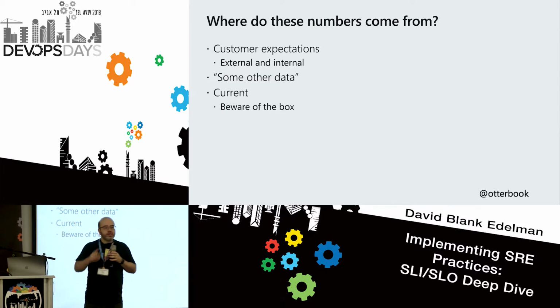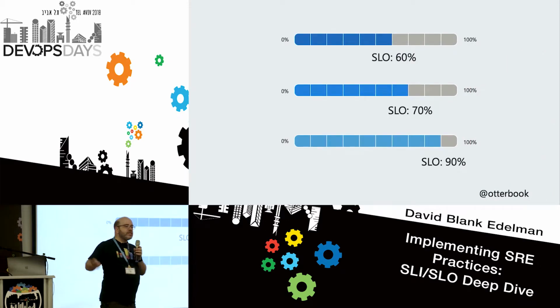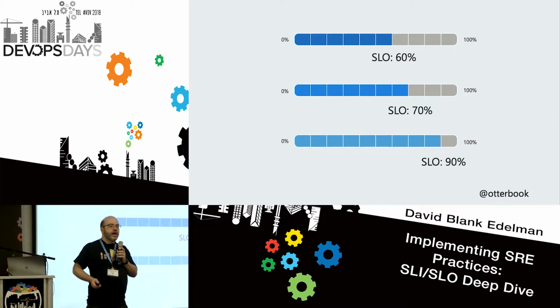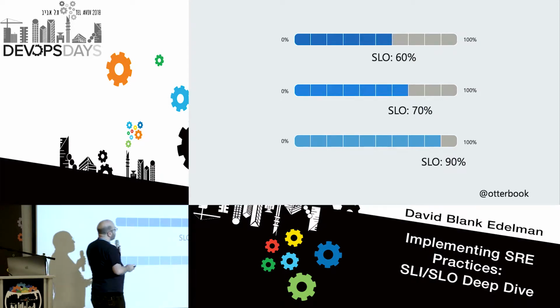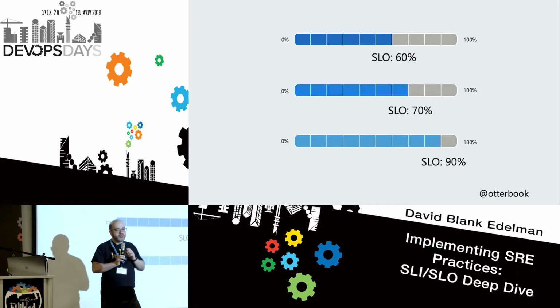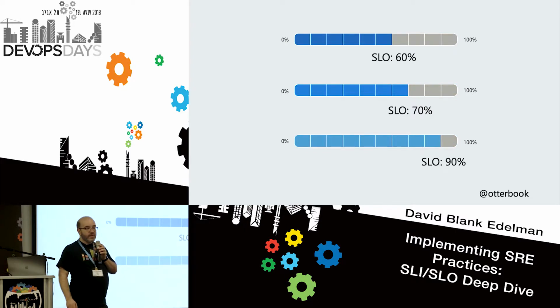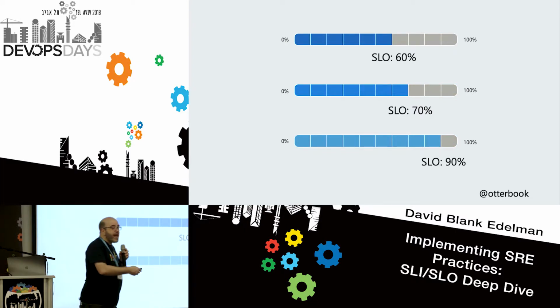Okay, so what do we do with this stuff? In SRE, there's also the concept of something called an error budget. So let's talk a little bit about error budgets. Let's assume that we've done that previous exercise, and we've come up with 3 different SLOs. One says the system should be only 60% available, or whatever you want to say. This one over here should be 70%, and this one should be 90%. The error budget is simply this extra stuff at the end. Does that make sense? It's this extra slack we have.